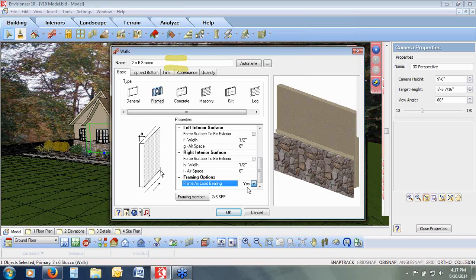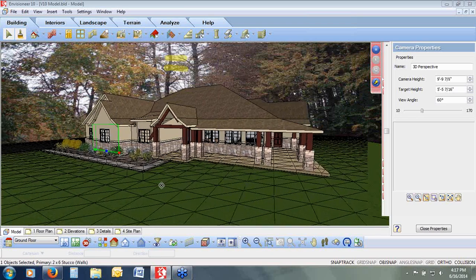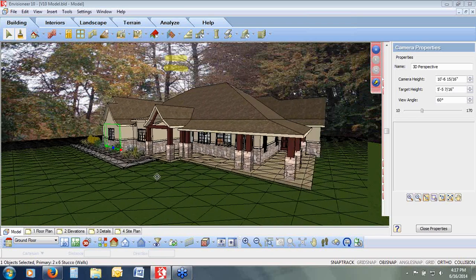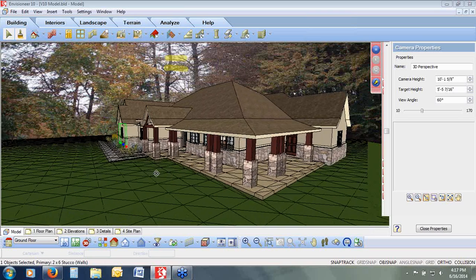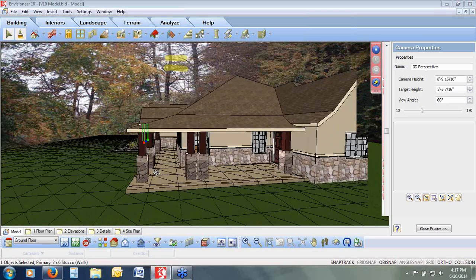So when it's framing, it's framing very accurately for you. Now, when we're talking about openings, we just talked about how we can automatically get the right header size for you. I'm just going to move around in my model here, zoom around, and look at a window. Now, when we're looking at this window at the side of the house here, when I'm looking at this design,